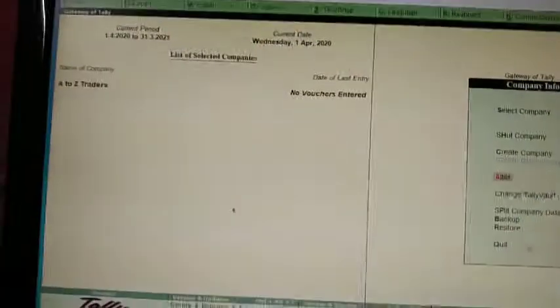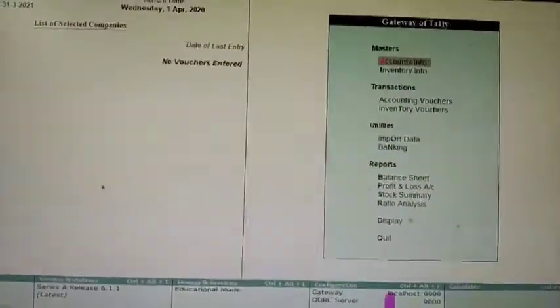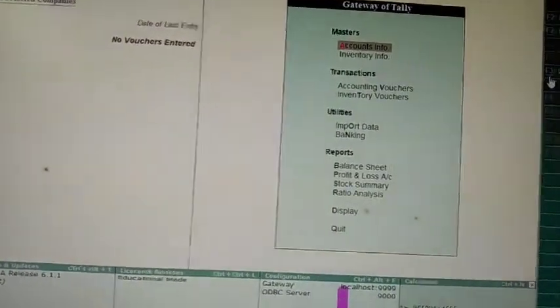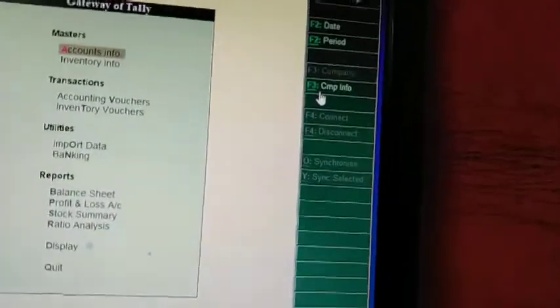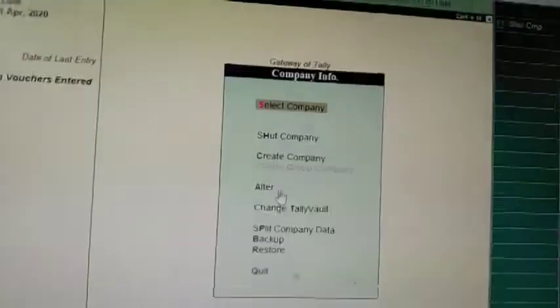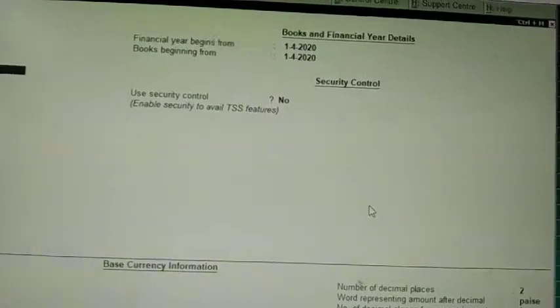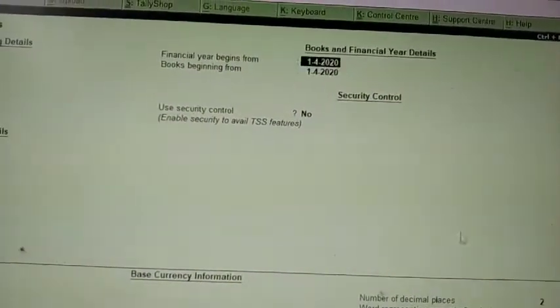How to do that? Go to Company Information. The function key is Alt and F3. From the keyboard, you have to press Alt then F3. You will get the Company Information screen. There go to Alter, press enter, make the changes and accept.